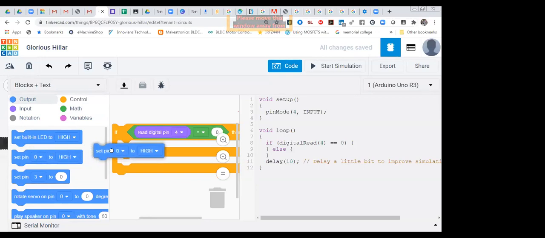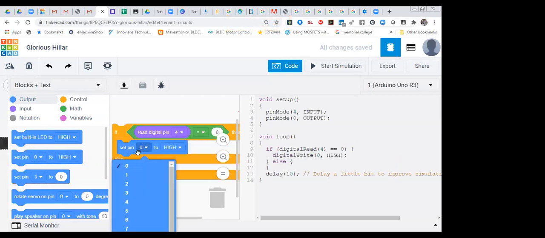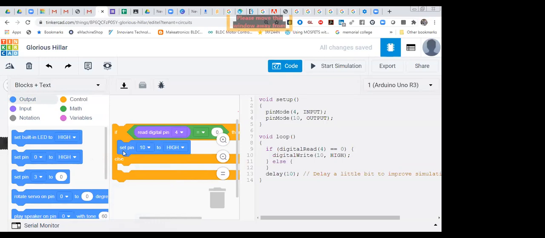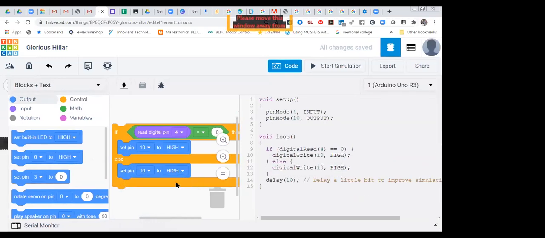So you can take that digital output pin that we did previously, and you can take any pin number. I'm going to take pin 10 high, then duplicate it, pin 10 low. So I'm taking input and also giving output. Now you can see we are reading the if condition and comparing that push button value that we are reading at pin 4. If that value is equal to 0, then we write digital write pin 10 high. As we do pin 10 high, we have to define over here also that pin 10 is output. That is automatically happening over here, from graphical code to embedded C code.